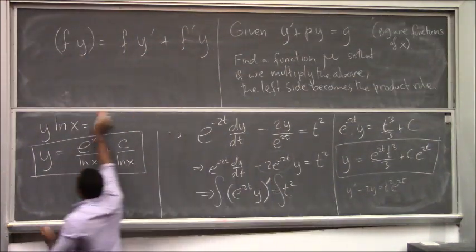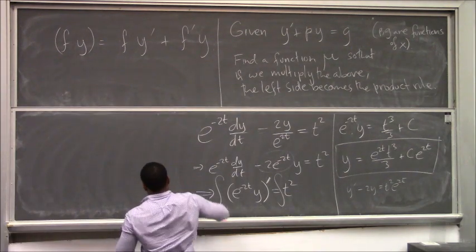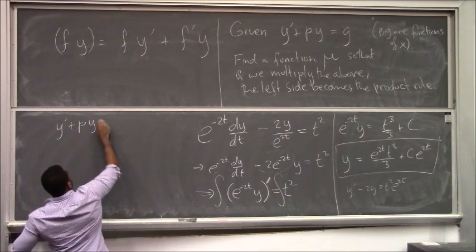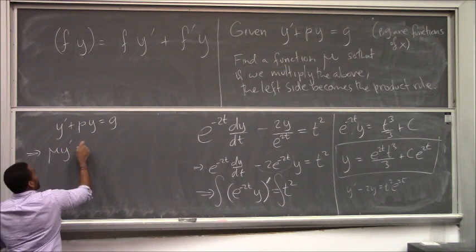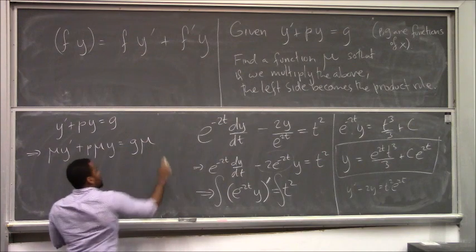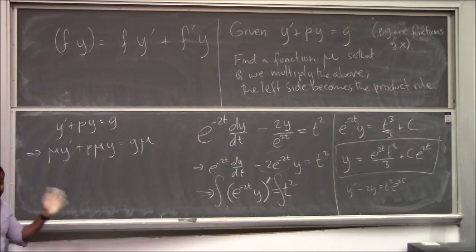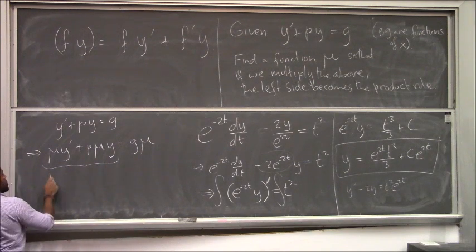Is it like substitution? Hold on. Say I have y prime plus p of y equals g. What I'm going to do is multiply through by this function mu. This mystical function that we don't even know yet. What do you mean a function? Just hold on. There's going to be a function that gets this to work. Okay. Now, if we want this to be the product rule,